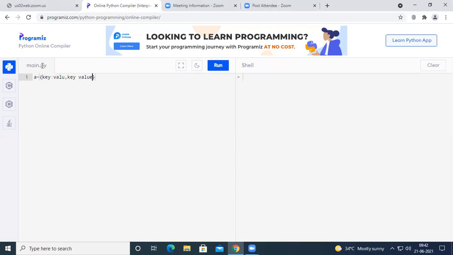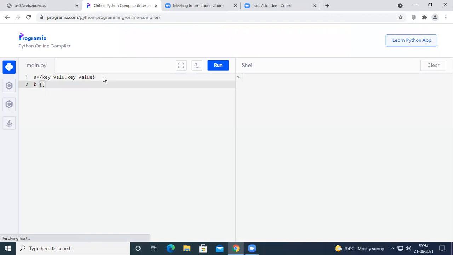When comparing list and tuple with a dictionary, in the list and tuple we are only declaring values. We don't concentrate on the keys. We only declare values, where keys will be given automatically. For example, B is a list, where in the list we use rectangular braces.